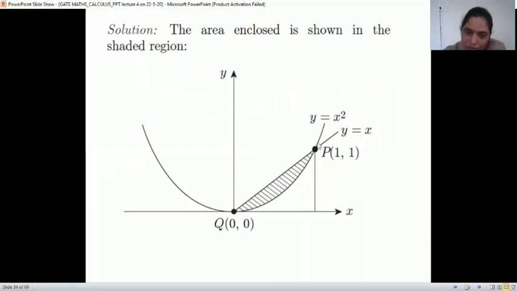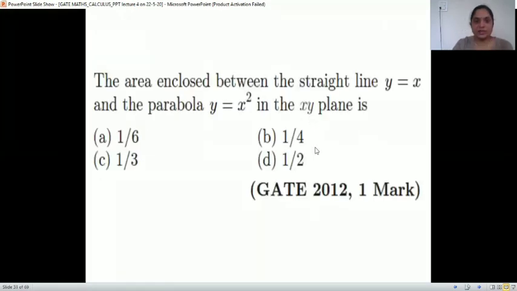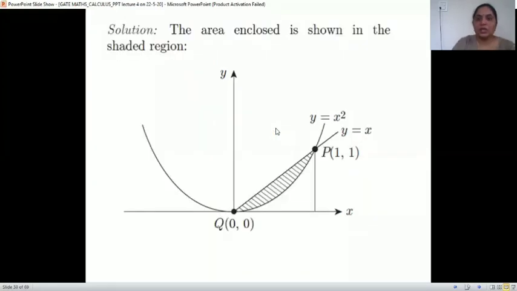So we have to find the points of intersection. The parabola y is x square and the line y is equal to x, this is where the two curves meet. So if we put y is x here,